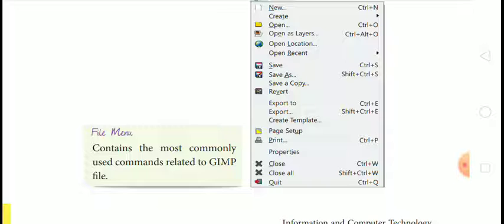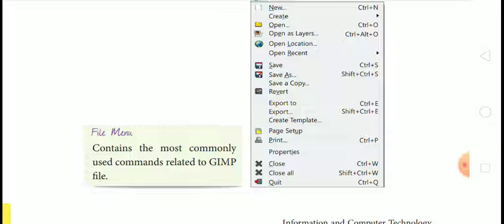For that you will go to the File menu and then select the Save option or press the Ctrl plus S key from the keyboard and the Save dialog box will appear on the screen.